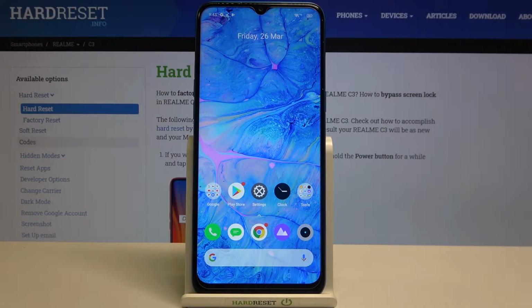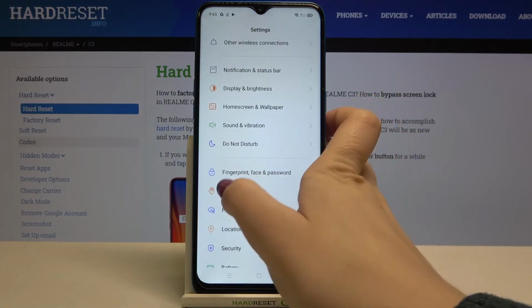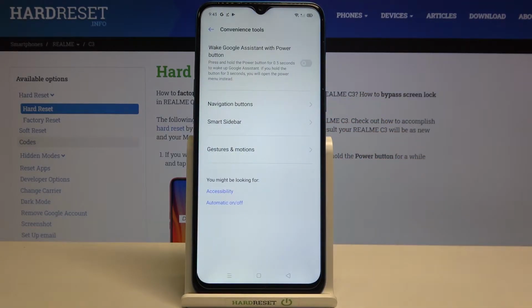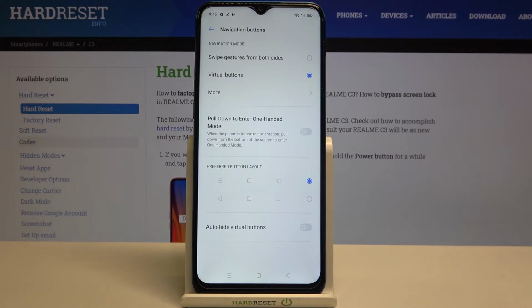Hi everyone, here we've got REALME C3 and let me share with you how to change the navigation bar buttons, which I've got right now applied, into the gestures. So firstly we have to enter the settings, and now let's scroll down a little in order to find convenience tools. Now let's tap on the second option, which is navigation buttons,